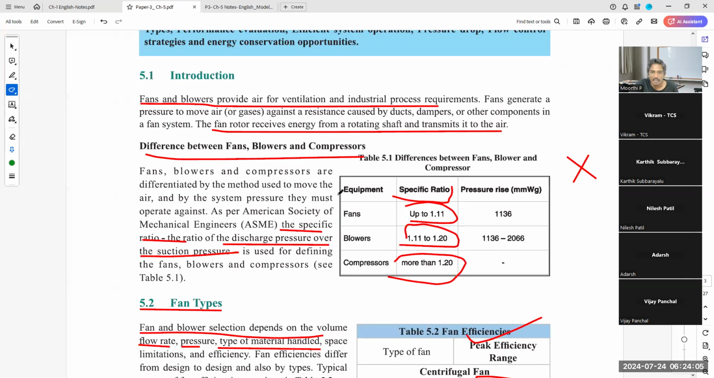Here I see the specific ratio, very important. So what is the specific ratio? It is the discharge pressure over the suction pressure. Specific ratio equal to